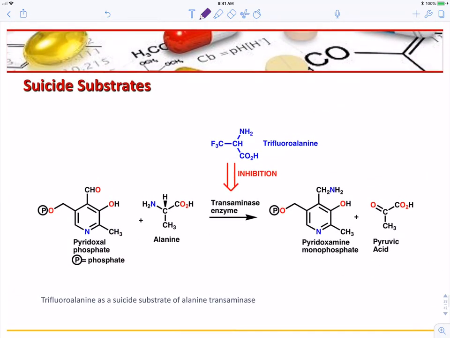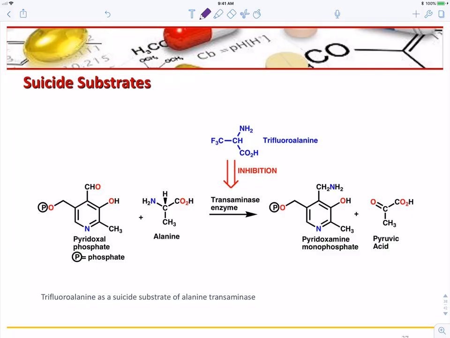Finally, a slightly different class of drugs still related are the so-called suicide substrates. So suicide substrates work by binding to the active site of the enzyme and then undergoing a reaction. So for example, trifluoroalanine is a suicide